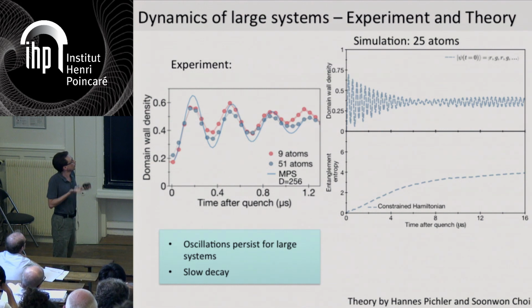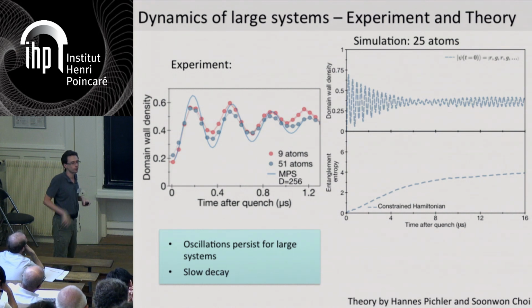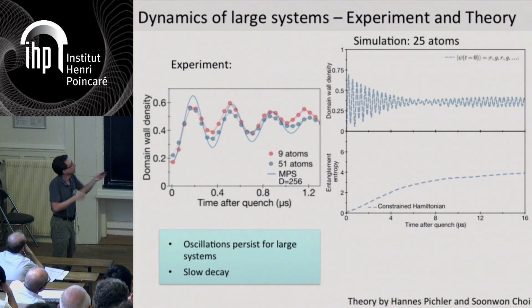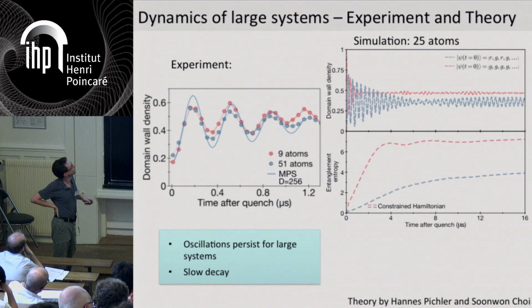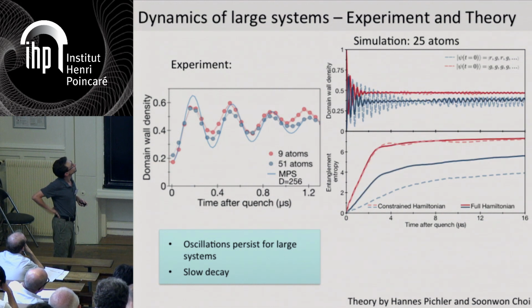And now, if you take this constraint into your Hilbert space, which means you remove all states which have two Rydberg excitations next to each other, then you let your system evolve in this new reduced Hilbert space. You get some constrained dynamics, and by putting this into the simulations, indeed, these oscillations were reproduced just with this constrained Hamiltonian. Now, starting from the ground state, instead of starting from the Rydberg crystal state, the oscillations were not observed. They were observed to decay fast as expected.